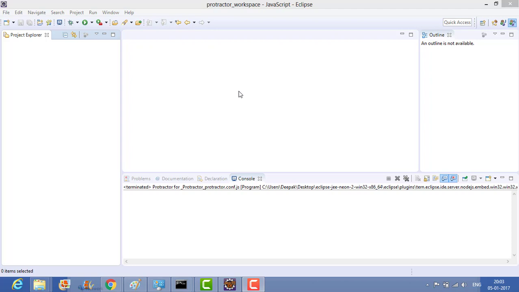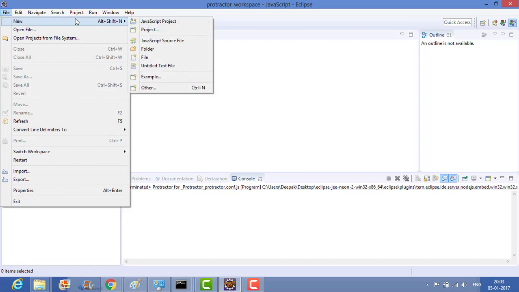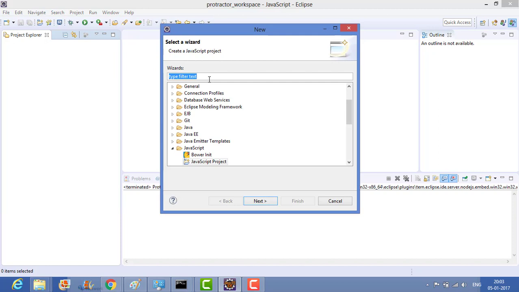Our aim is that whatever we have done in the command prompt, we will emulate the same in Eclipse, right? So just create a project: go to New, then Other, and we will make a JavaScript project. Write JavaScript, click on JavaScript project, and click Next.